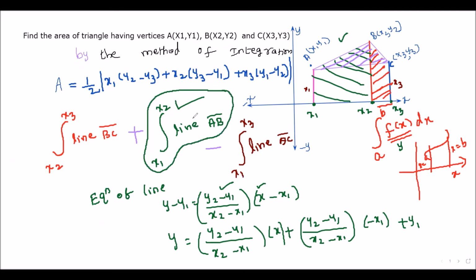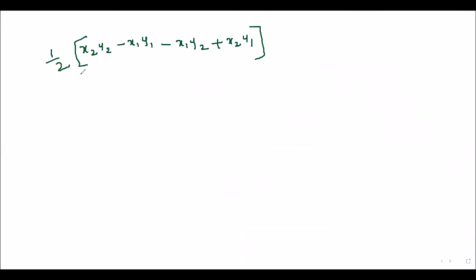So now if you observe this, line AB is like x1 to x2 for you, right? Now the line BC is x2 to x3. You no need to derive everything now. In the answer, what did you get? Just replace this. See, this one is x1 to x2. This is x2 to x3. So in place of x1 replace x2, in place of x2 replace x3. You will get the answer for this second part. Okay. So let me do this part directly by seeing it. So integration of x2 to x3, the line BC, I'm going to write now.